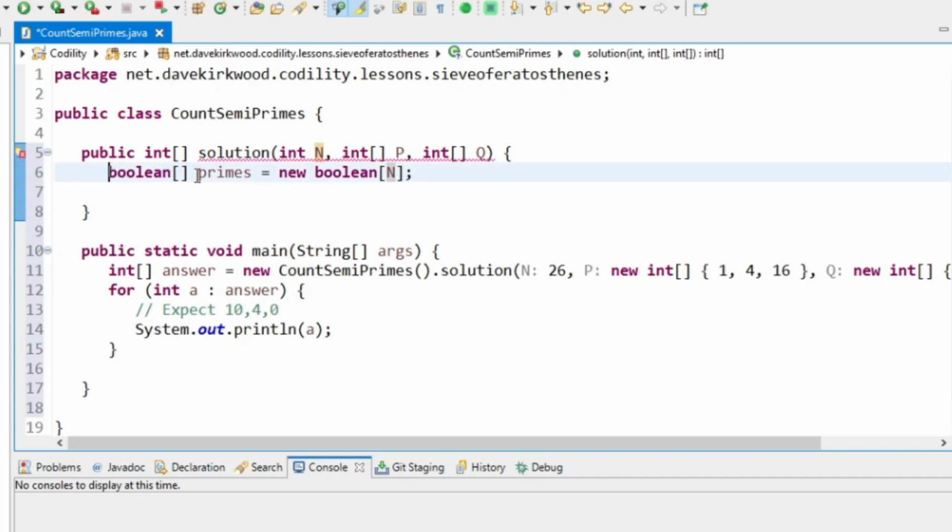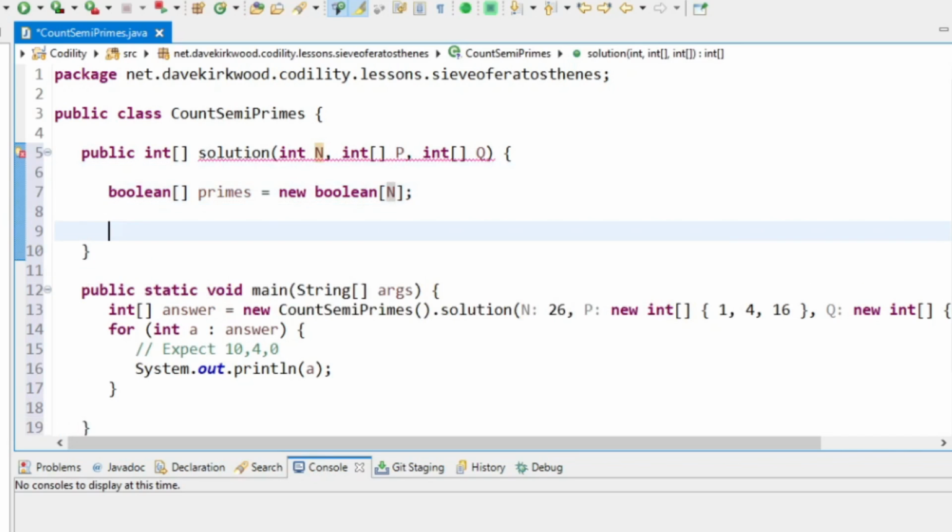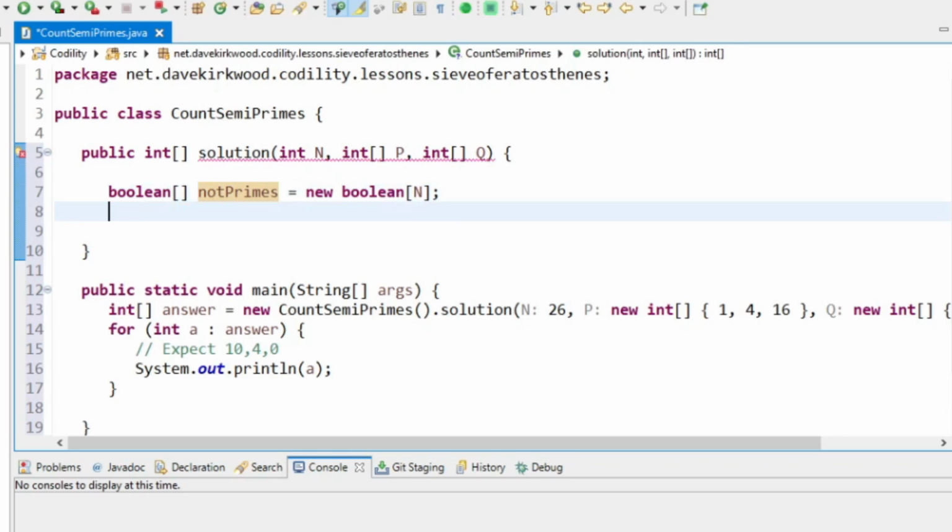Because they initialize to false, I'm going to call this not primes. Then I'm going to loop from, I'll just call it A, from 2 to N over 2,